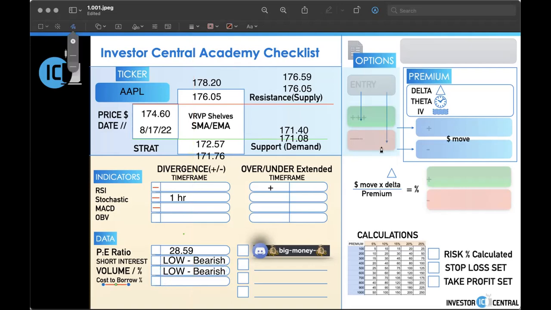Cost to borrow, I don't have those numbers right here in front of me, but I would assume cost to borrow is pretty low, because ultimately short interest is low, so therefore cost to borrow is probably low, so very likely that gives a bearish side as well. Okay, now these two, we could go put these over. A lot of these were high up, right? They're higher than they should be